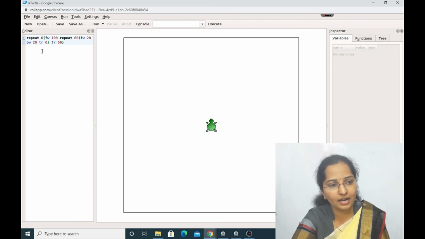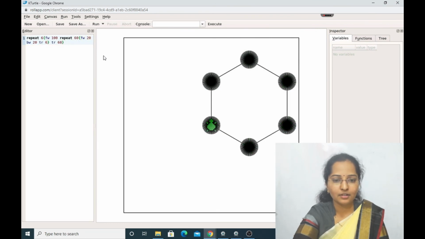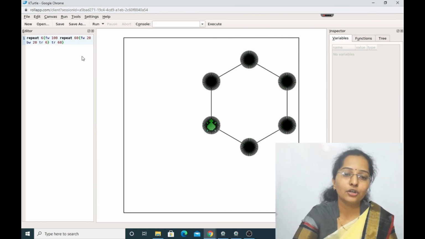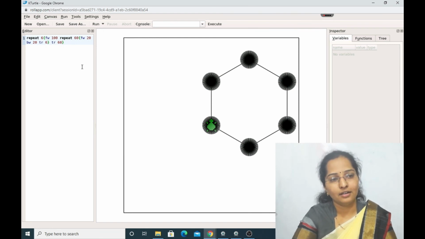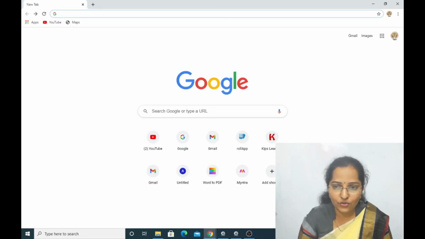After writing this command, click on the F5 key. Done. This is the way to draw a hexagon using the nested repeat command. Okay, children, with this your 5th lesson, KTurtle more commands, has been completed.